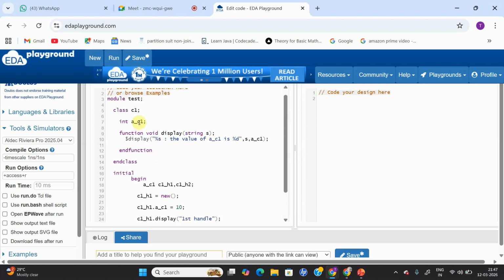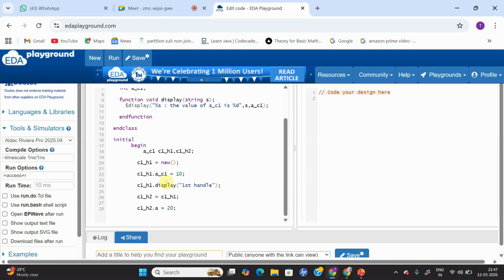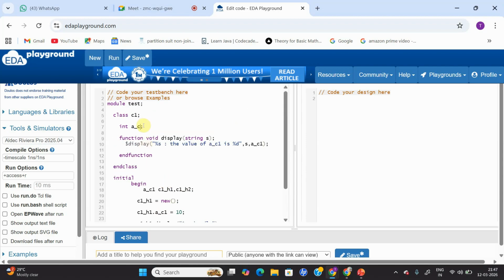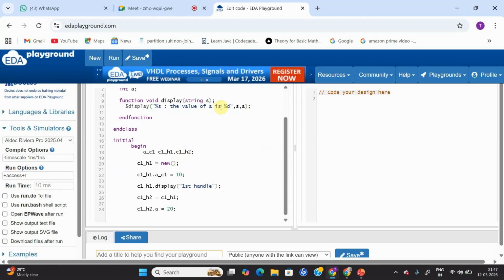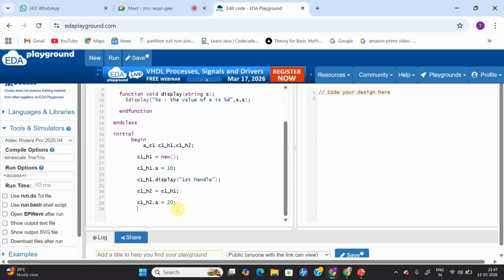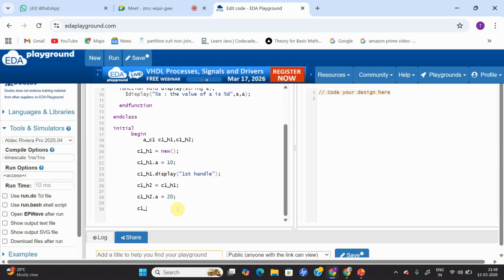So this A_C1, right? Or let's declare it as E only. Let's declare it as E. Okay, let me write it down. E. So I'm going to write down simply A is equal to 20, and let me display